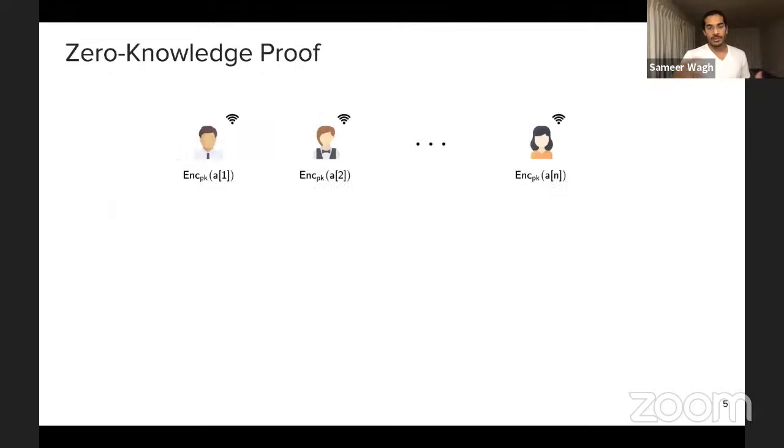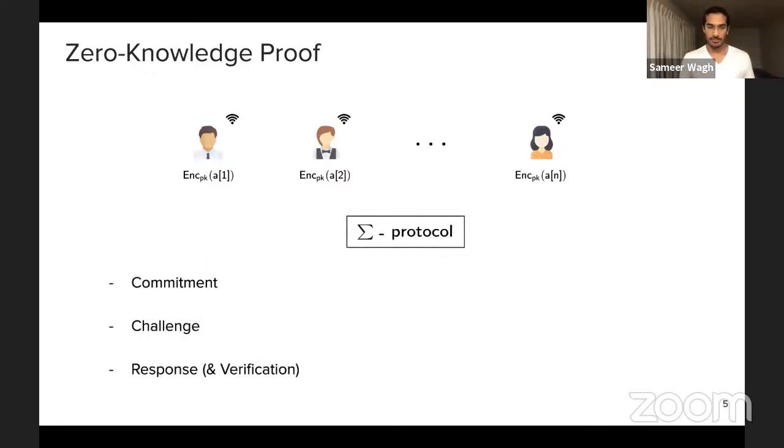So, a quick detail about the zero knowledge proof. It's very similar to prior work. This is the setup where each party just broadcasts their own encrypted value, and we use a standard Sigma protocol, which runs in 3 phases. The commitment phase is really just this: each party broadcasts their value, and they have already committed to